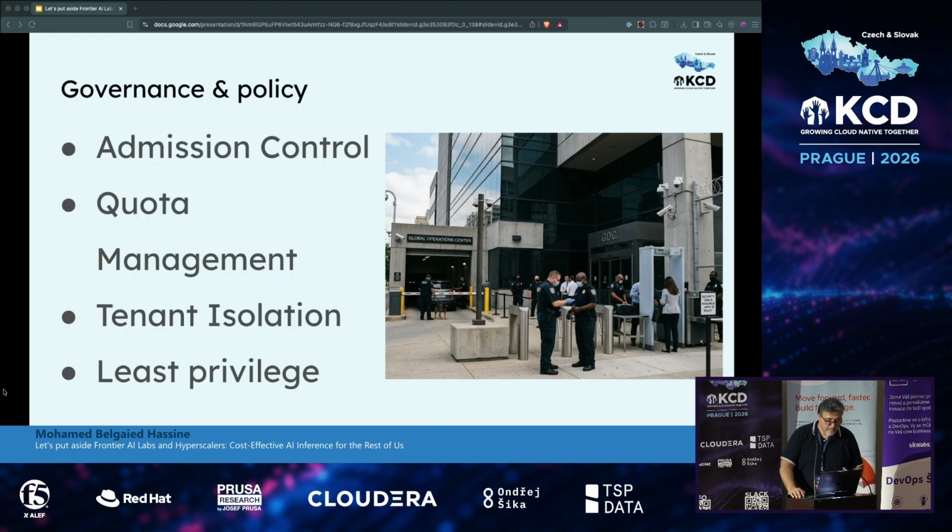Then you have governance through admission control. This is also relevant for AI inference: which team can do what and deploy which model and this kind of stuff. Quota management, because GPU is a rare resource and it's important to manage quotas. Tenant isolation, you might have multiple teams that should not communicate together, so their workloads should not be the same. All of these things, you are already used to them, and now you just need to extend Kubernetes slightly to make this possible with AI inference.